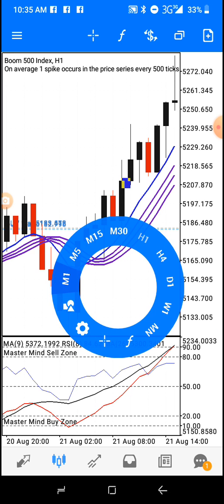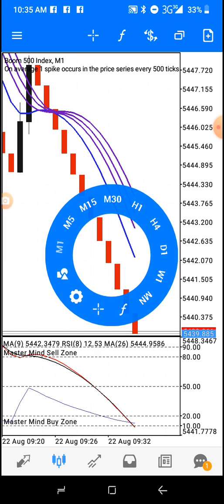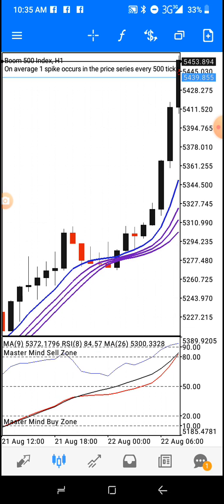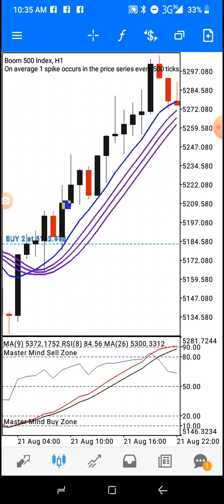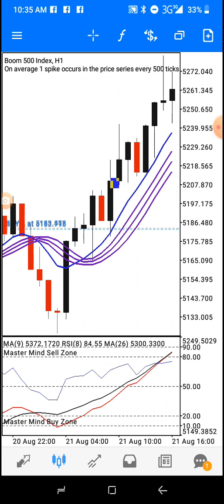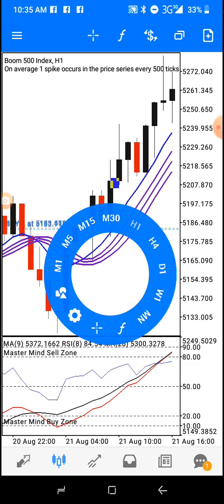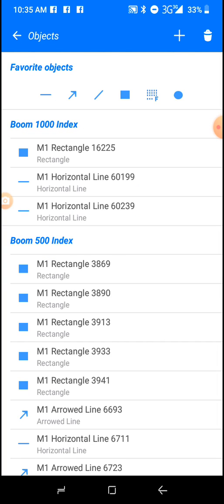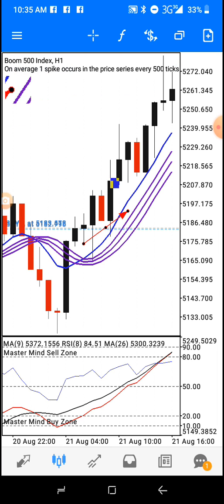I've been holding it since yesterday, and I just got to my target, which is that level in and around there. That was my target. So I'll be closing the trade after the video. All right,